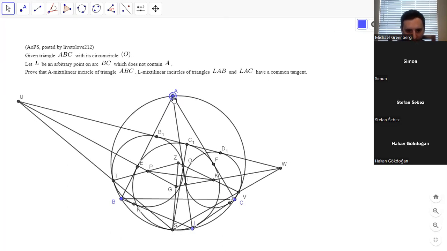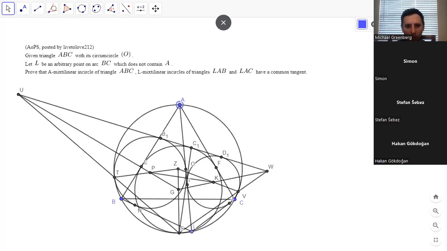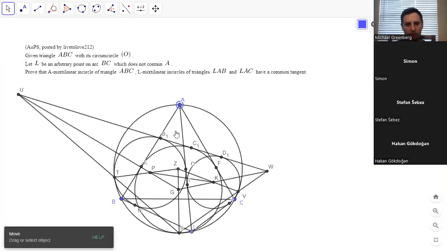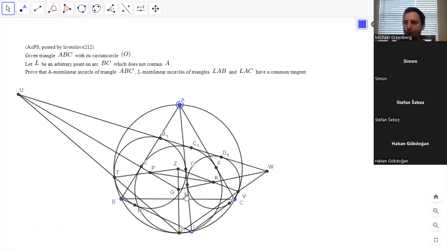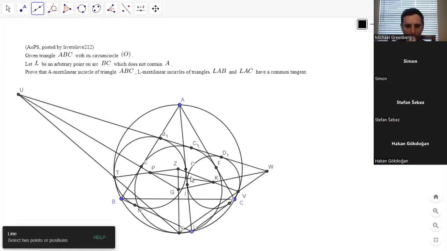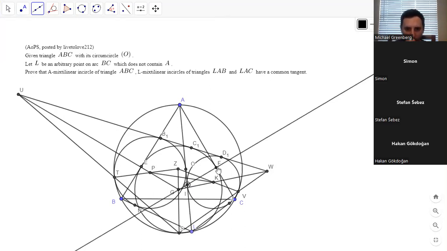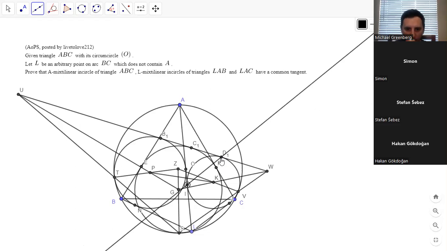No, they're not collinear. Let's see. Maybe we can use poles and polars with all these tangents. I don't know exactly how, but